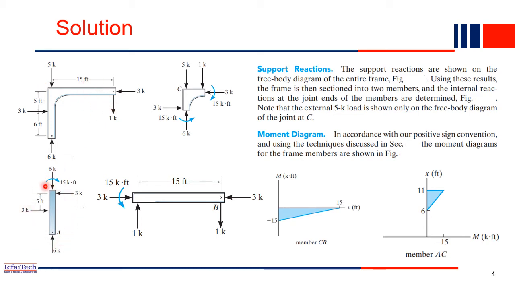So this is our first part, this column part. If you draw the free body diagram of the column, it means we have taken a cut here. Whenever you take a cut in a beam or a column, we are exposing the internal forces. So what are the internal forces? For a 2D structure, there are three: one horizontal, one vertical, and one moment. So these 3 we are exposing.